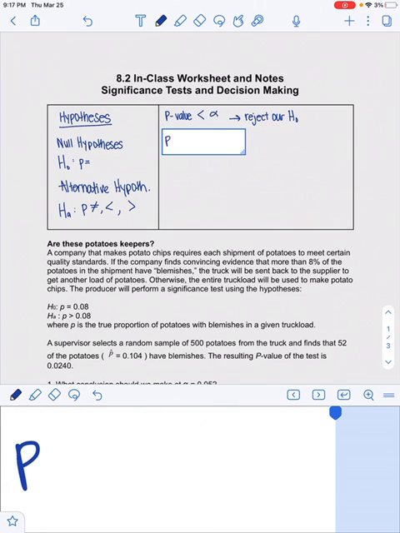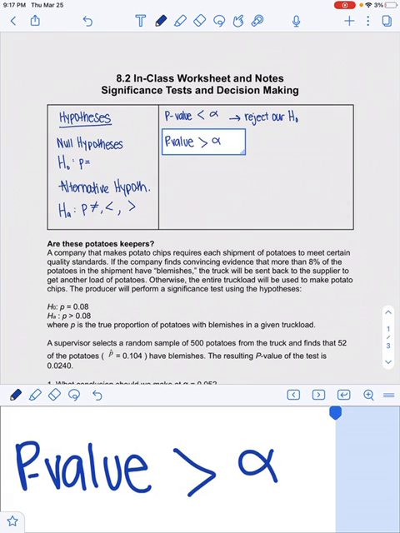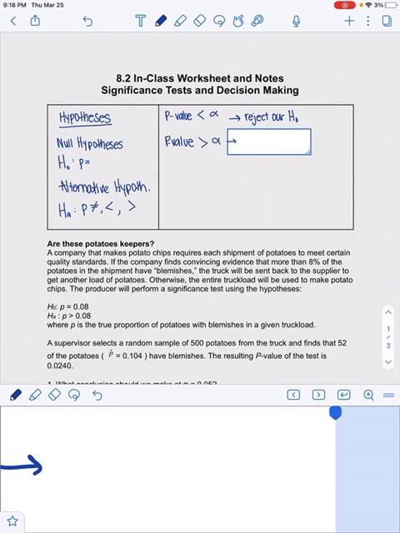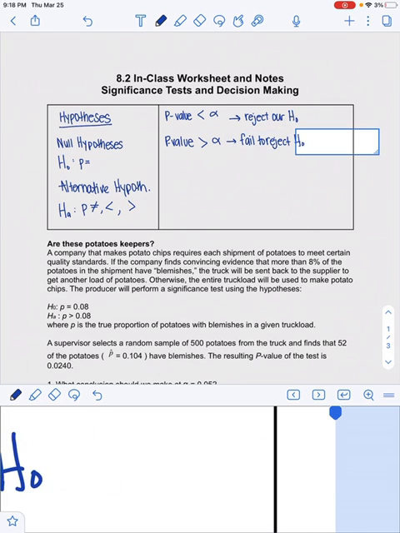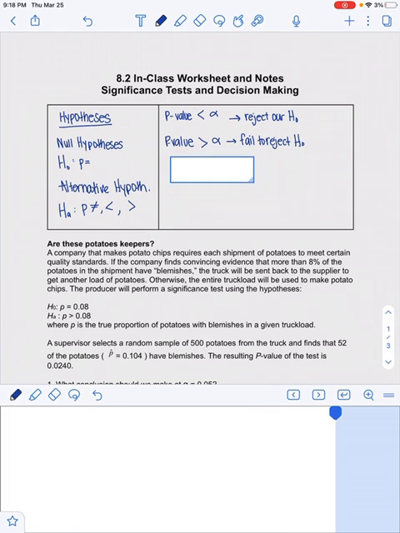However, if our p-value is greater than our level, all right, that means we're going to fail to reject our null, meaning our null is correct. Okay? So basically, you can figure out what type of error you have made by looking at this chart